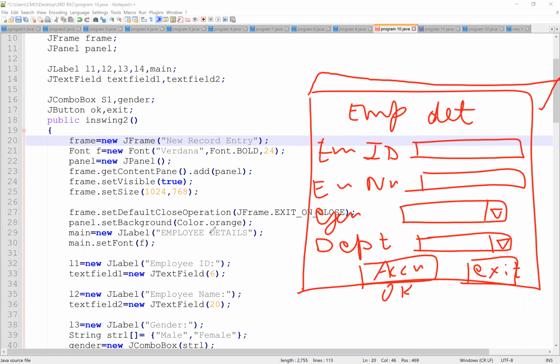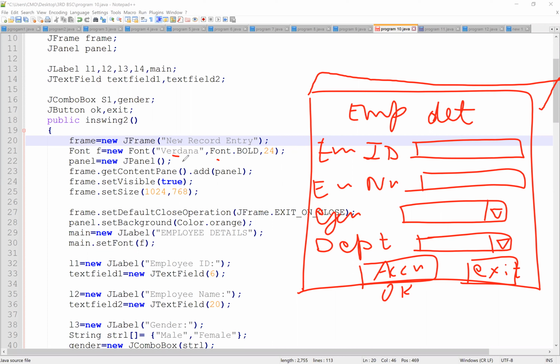Next we are specifying a particular font style, font type and boldness. Everything has been specified. It's optional. If you are not specifying, by default it will take the system generated things. If you are specific about this frame name, you can use this line.